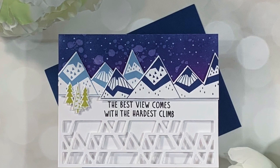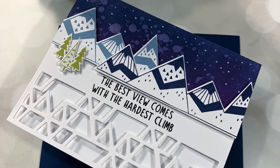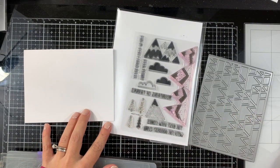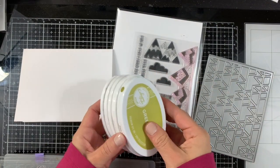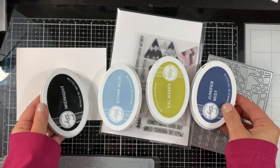In this video, I'm showing you the new release from Cardstock Designs Out West. As well, I will show you how to do partial die cutting using a cover plate. So let's get started. I'm using the Mountain of Tanks stamp set in a triangle cover plate, and I'm using